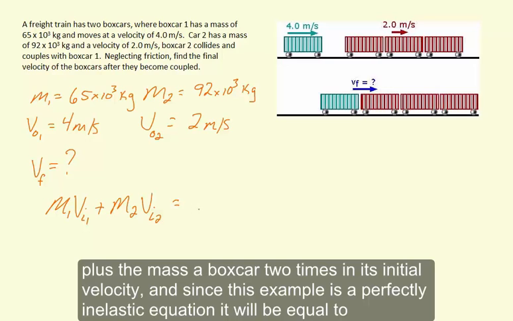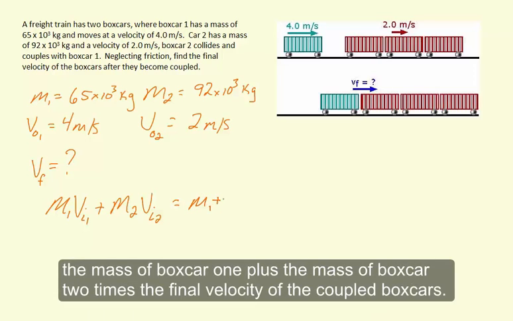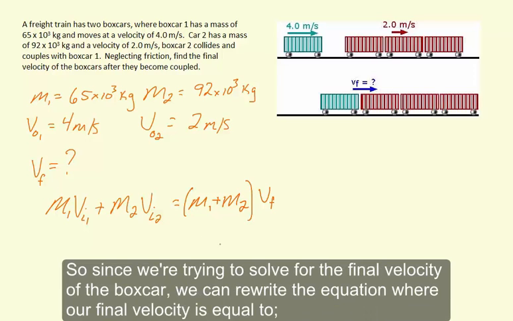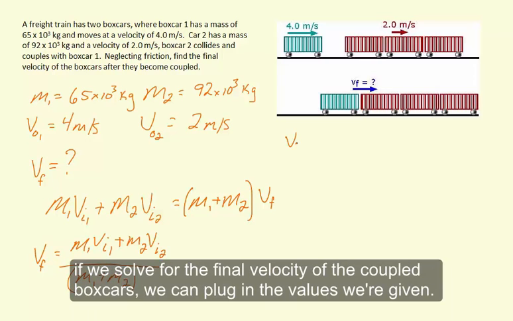And since this example is a perfectly inelastic collision, it will be equal to the mass of boxcar 1 plus the mass of boxcar 2 times the final velocity of the coupled boxcars. So since we're trying to solve for the final velocity of the boxcars, we can rewrite the equation where our final velocity is equal to